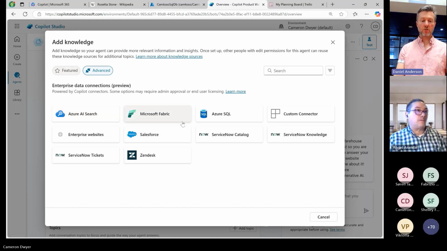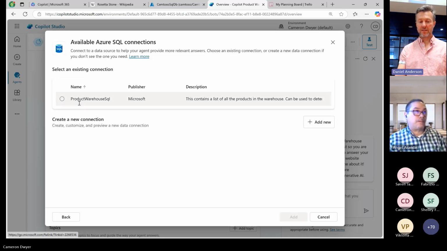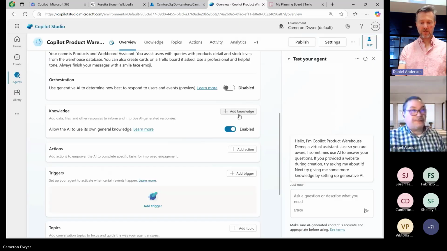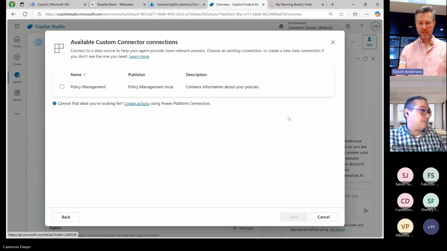It's a bit weird because they don't call them graph connectors. Well, they show up as the type. We created the graph connector to our product warehouse, and the type of that was SQL. So that's why it's showing up under SQL there as knowledge. If I go in and select one of the other ones, custom connector, that's where my policy management system came in. So the interface is a little bit confusing.